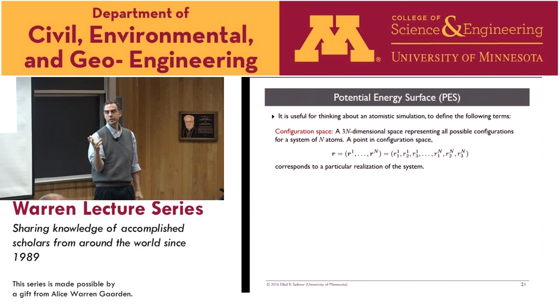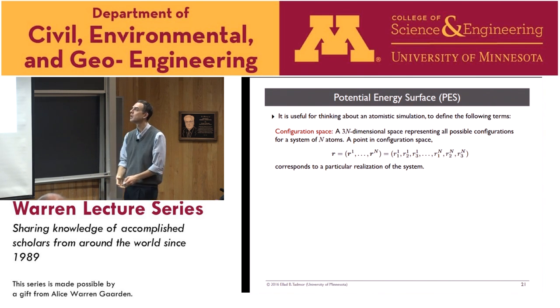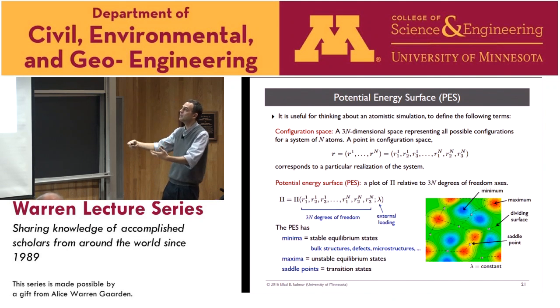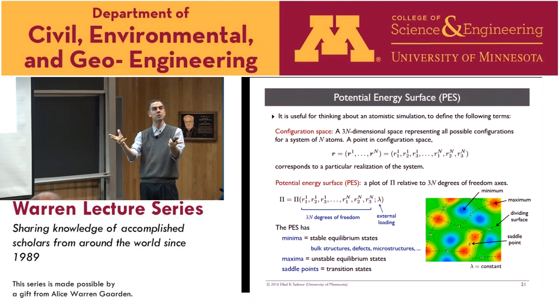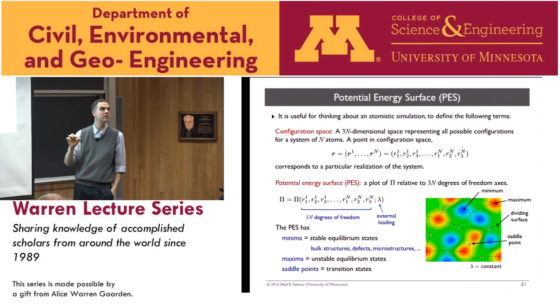Since every position has 3 degrees of freedom, there are 3n numbers that you have to provide. So you have to think of 3n axes, and then you choose a point in that 3n dimensional space. That gives you a configuration. Okay? And then you imagine plotting the energy on this 3n dimensional space. So at each point in the 3n dimensional space, put a spot of color based on the energy. And of course, you can't draw that. Beyond 3, we can't visualize it, but you can imagine.